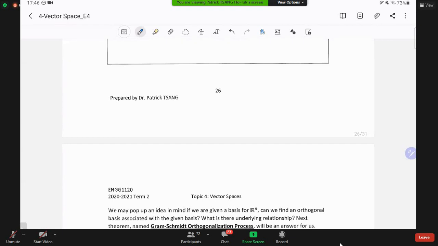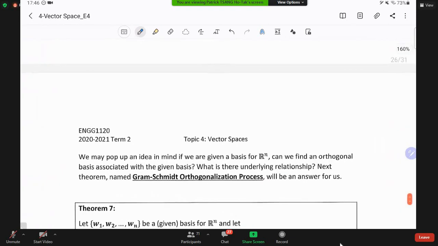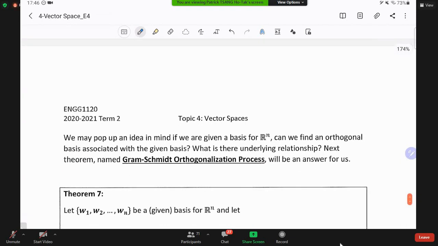So let me repeat. Suppose you are given a basis. I don't know which kind of basis this is. I just want to know, can we change the given basis to become an orthogonal basis? Of course, we build from the given basis. Actually, this kind of question can be answered by the following process, which is called